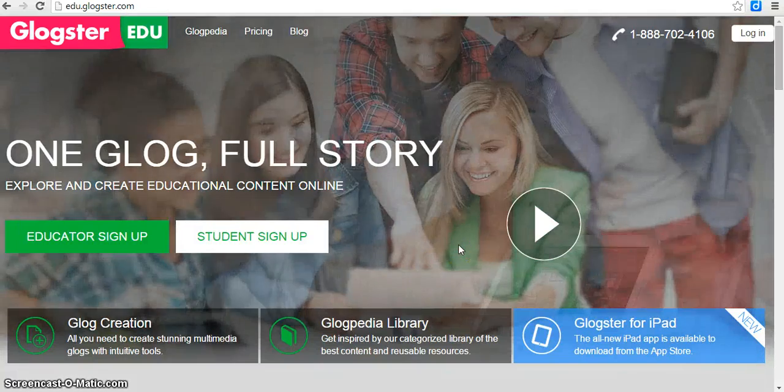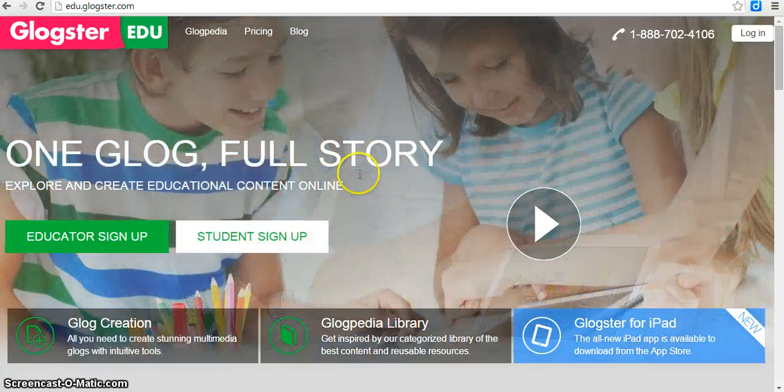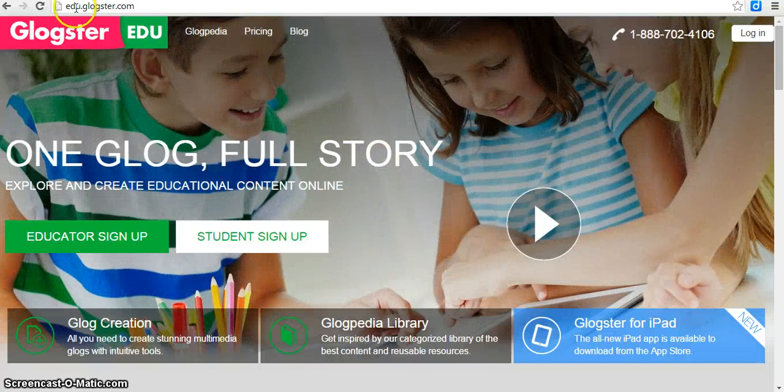Hi, this is my video tutorial on how to use Glogster, an interactive poster that's great to use in the classroom for many different things. Now this is the home page, what it would look like if you go to edu.glogster.com, and I'll spell that for you. Glogster,